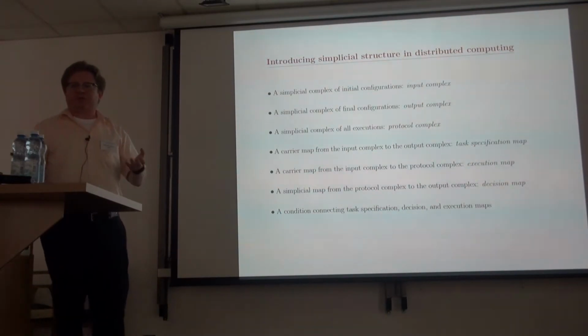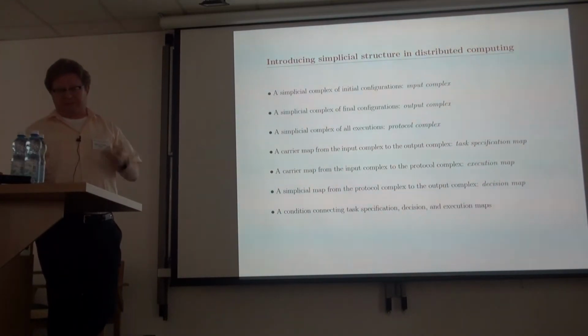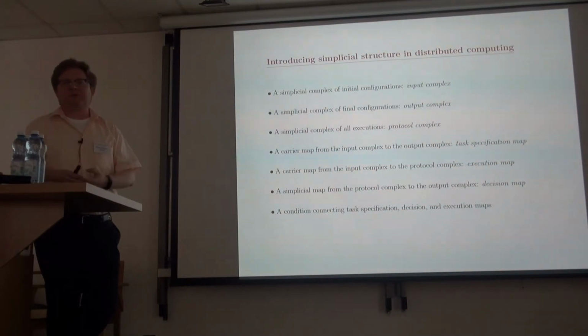You would make no strange assumptions. You would just want to say, for example, a task you would want to solve would be: you have n agents, each one starts with 0 or 1. In the end, you want them to agree on one value. If everybody has a value 0, they agree on 0. If everybody has a value 1, they agree on 1. If they have different values, you don't care, as long as they agree. And it turned out that in completely standard models, this task, which is called the binary consensus task, is not solvable. The proofs of this in the 60s and the 70s were done by several teams of people.